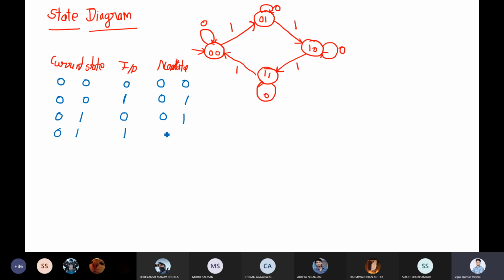What will be the next state? 10. Similarly, if I have 10 and the input is 0, the next state will be 10 only.